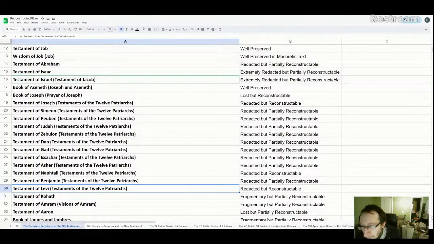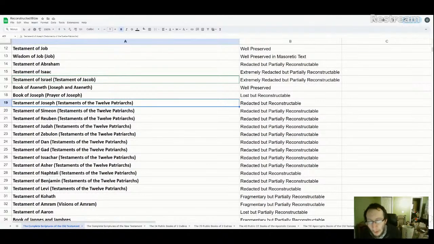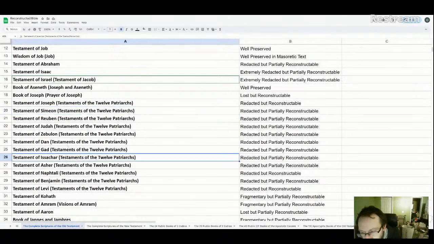The Testament of Joseph, on the other hand, seems to be reconstructed pretty well from the book of Genesis and Jubilees, because the stories about Joseph would have come from the Testament of Joseph. So again, we can reconstruct that very well. The other individuals, we can use Genesis periodically and Jubilees to reconstruct their life story, but overall, a lot of their life story and what they would have said in their testament, we would have a hard time reconstructing what they actually said. So we can only broadly or roughly reconstruct some of these testaments.